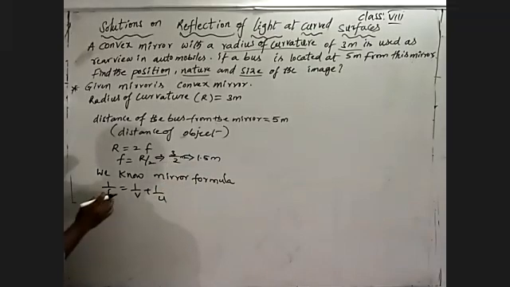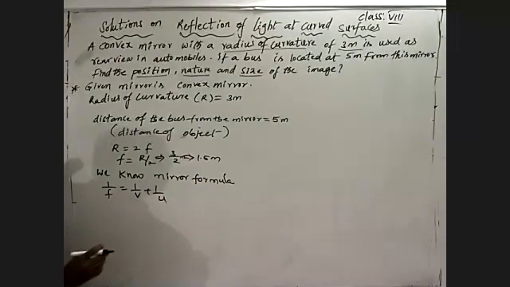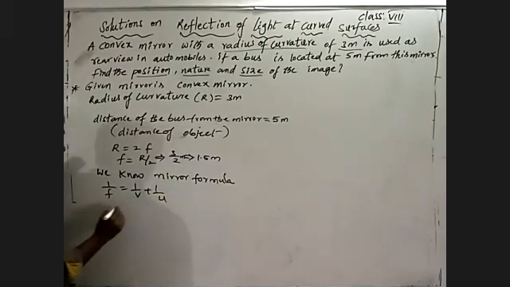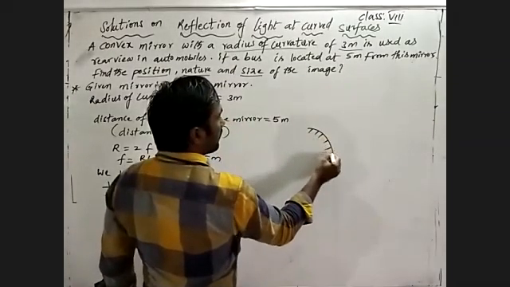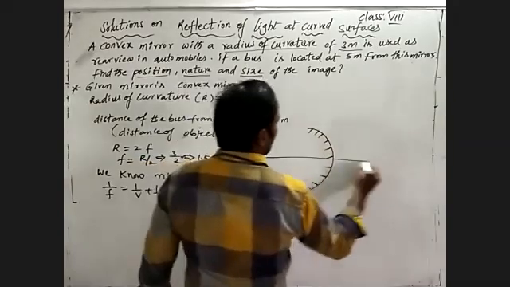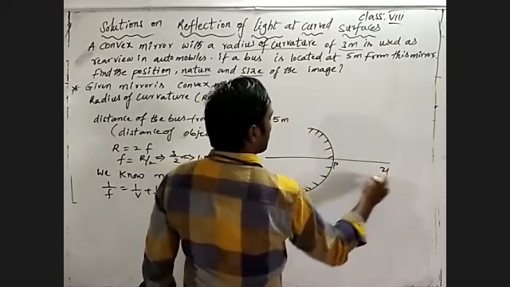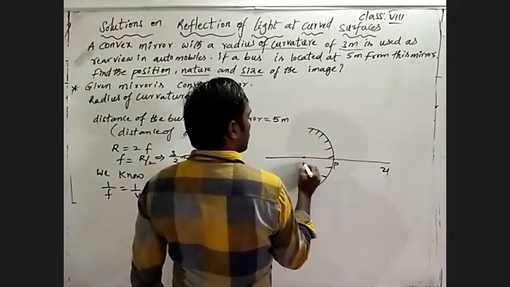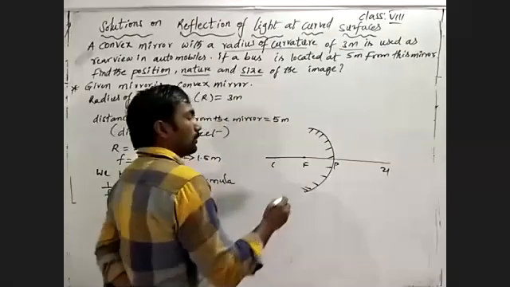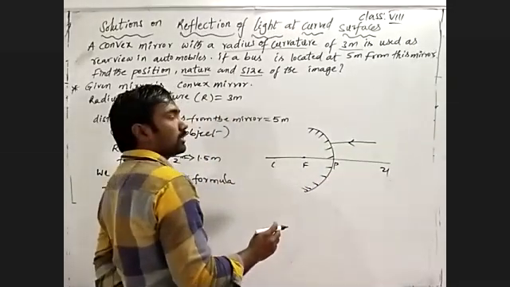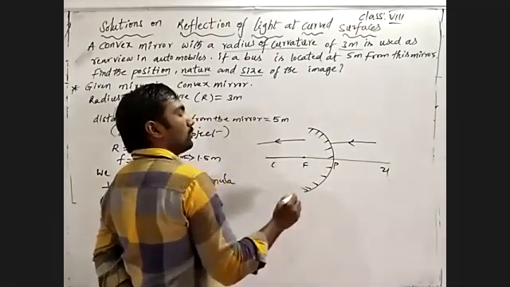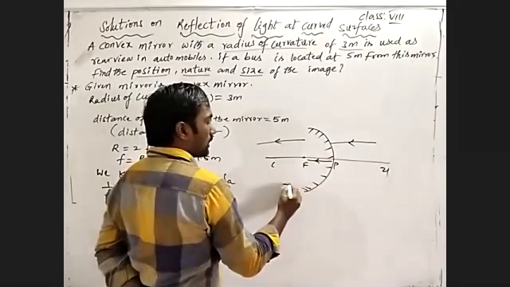Coming to that, we have focal length and object distance. We can find the image distance, but we have to write with the sign convention. According to sign convention, suppose see here, this is a convex mirror, outer curved surface. This is the pole, the object is here, and next, this is the focus and center of curvature. Light ray is coming from an object in this direction. So focal length we are measuring in this direction,